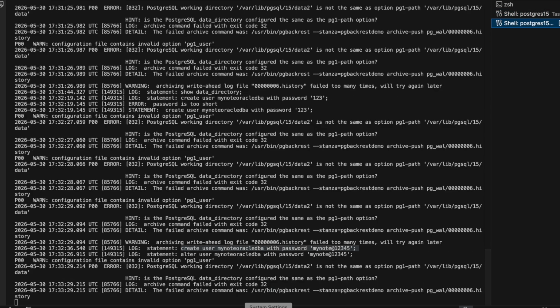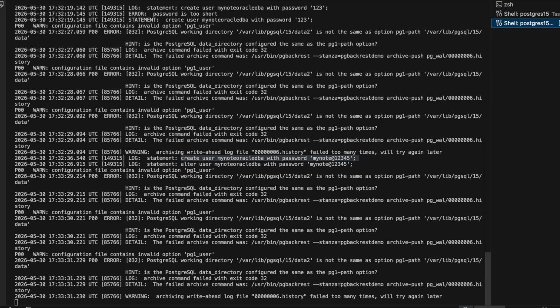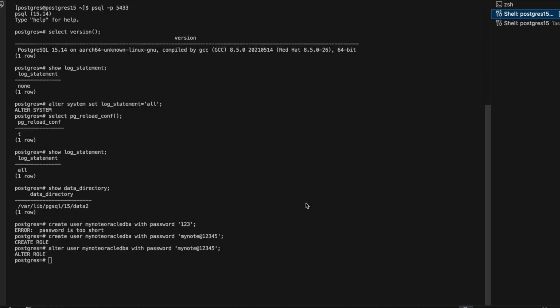So you can see here in the alter command, the alter command still shows the same. So that's what I explained, that if you are trying to change the passwords of bulk users, it would be a problem, right? Now the recommended method is, I will connect as a Postgres